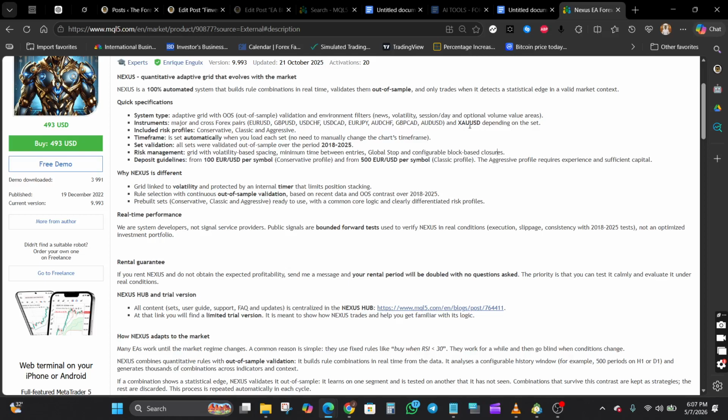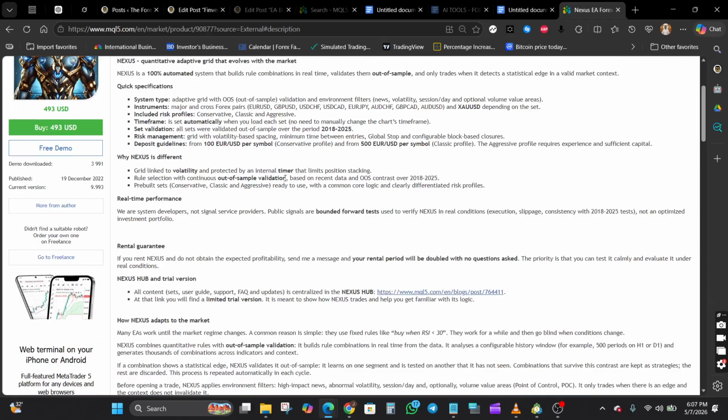The EA also comes with different risk profiles, including conservative, classic, and aggressive modes, which already tells you that the behavior of this system can vary quite significantly depending